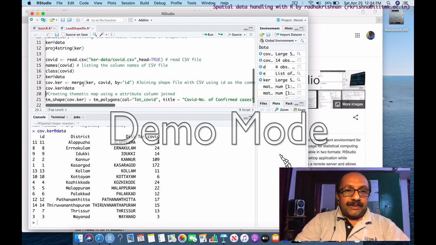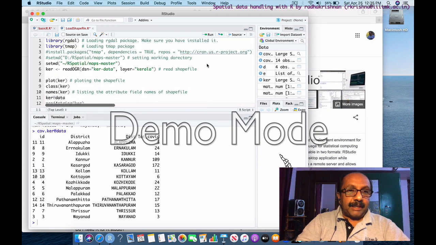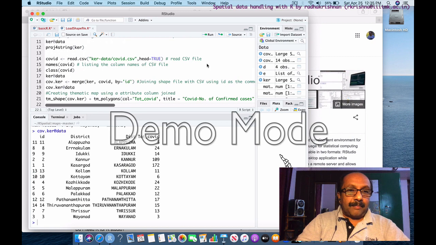If it is part of the geographic data, you have a geometry as well as an associated attribute here. So why can't we create a thematic map, a choropleth map, with this data? This is where I'm going to use the second package which I loaded in the beginning, called tmap. Once you load tmap, those commands will be made available for the session. So I'm using the command here.